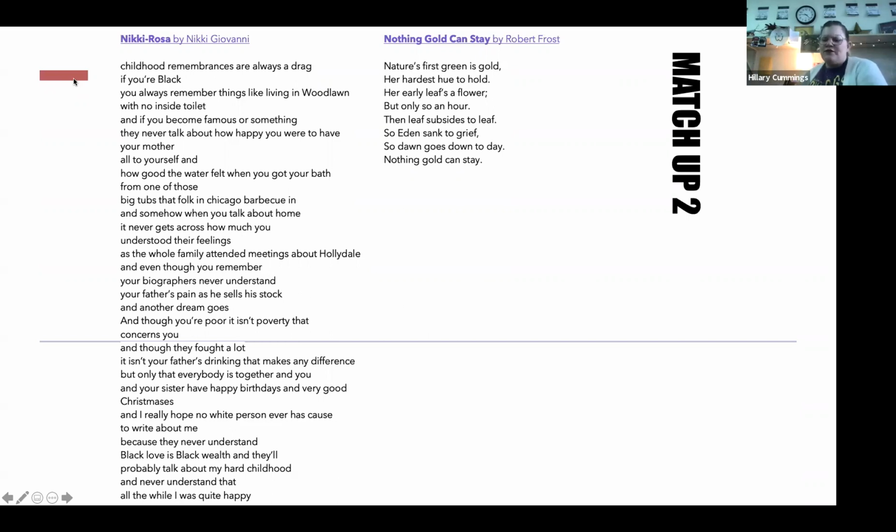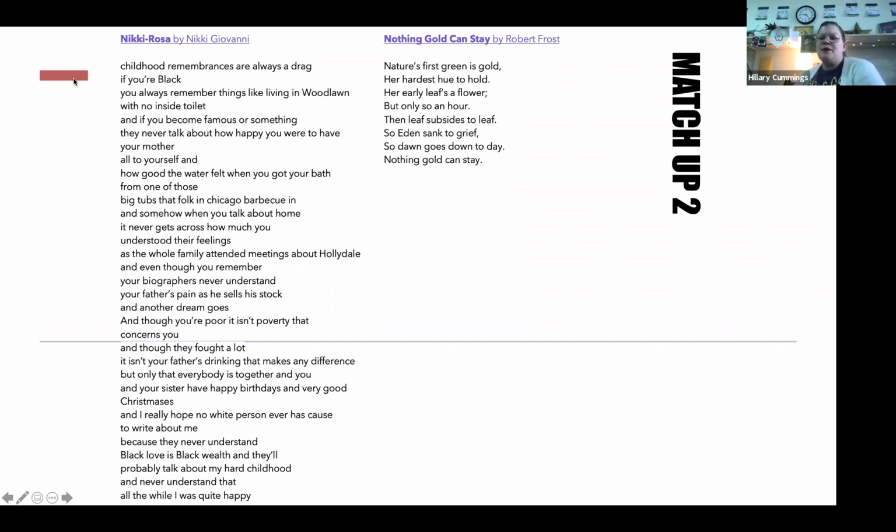So let's look at the tone in this poem. How does she feel, first of all, about white biographers or people who are looking into her life, people who are different from her? She's identifying as Black. She's explaining her past and her culture. And then she's saying that nobody's really going to understand that except for us, except for the people who are with me. So what is her tone? So think of a few tone words that you think about for that.